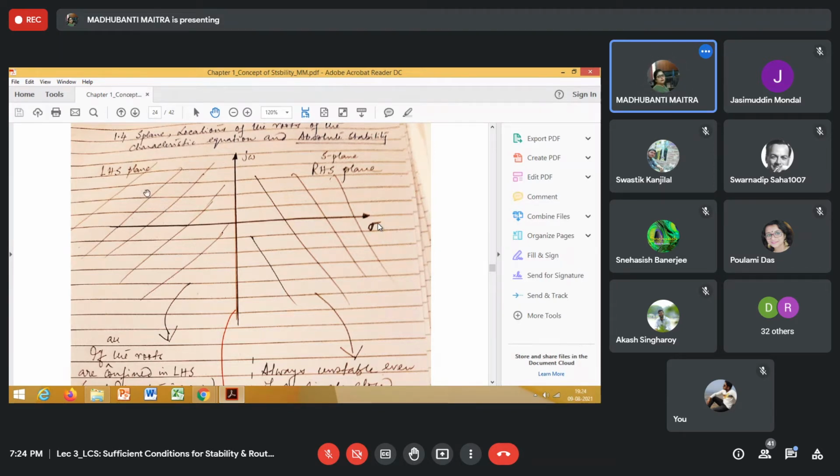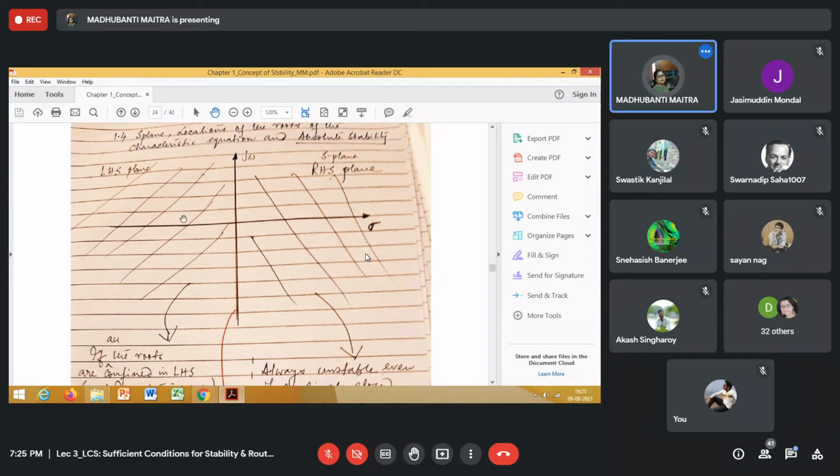As I said, n minus one number of poles are in the left half of the S-plane, but one single pole is there in the right half of the S-plane. One single pole, right? How will the system behave? Will it be a stable one or an unstable one? Unstable, because the single pole lying in the right half of the S-plane will make the response increase towards infinity as t tends to infinity, right?